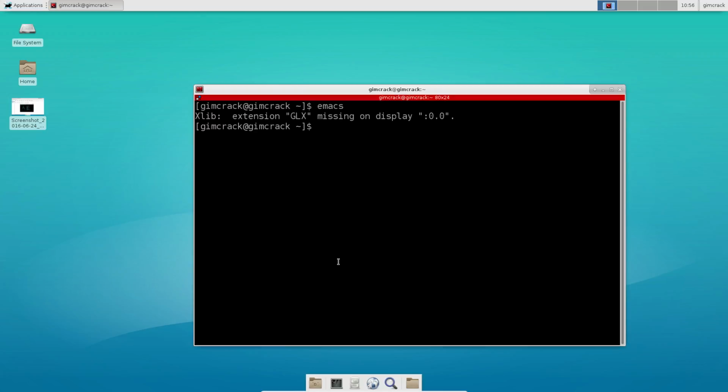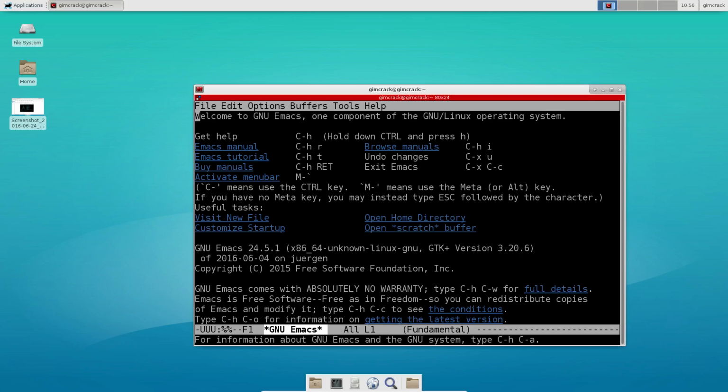Now, say I want to fire it up, but we'll go ahead and clear this. So I want to fire up in my console. So Emacs, and then the flag for no window is NW, and now it will fire up in here. And you still got the start page,